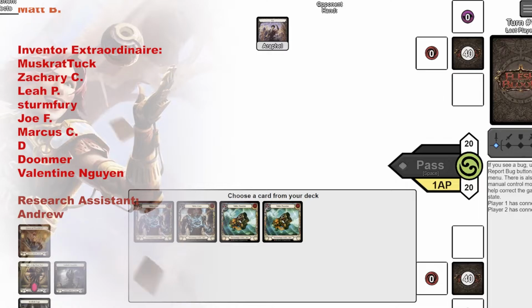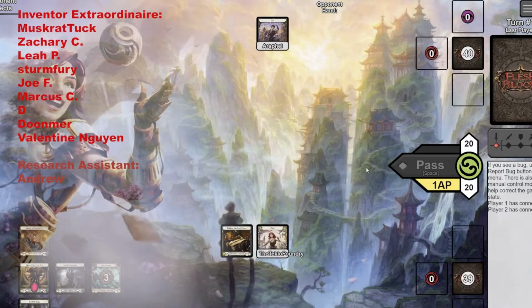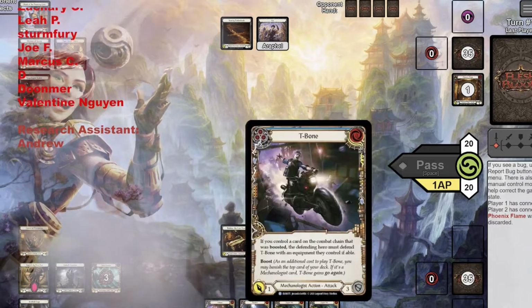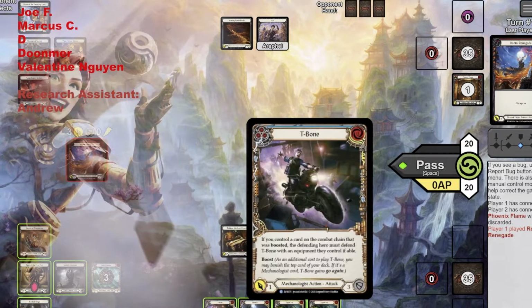So we are now ready. We're going to jump into the game. We're going to start with Teklo Pounder on the field, of course. And this first hand is pretty weak. It looks like we could possibly pitch the...